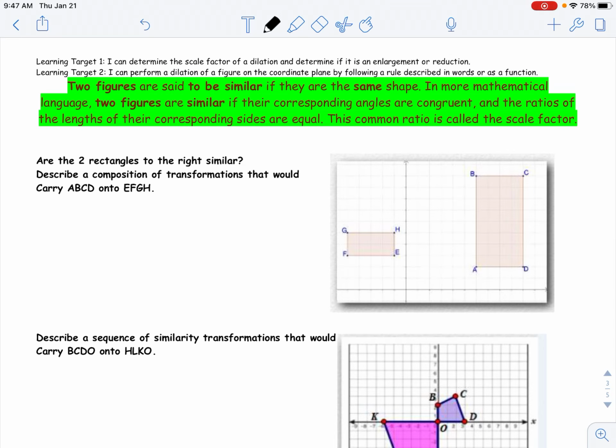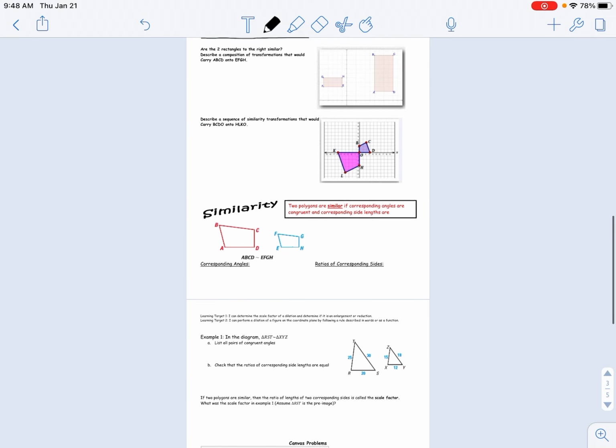Two figures are said to be similar if they are the same shape. In more mathematical language, two figures are similar if their corresponding angles are congruent. That's a huge thing. Angles are congruent, and ratios of lengths of corresponding sides are equal. So ratios equal, angles congruent. What does that mean? That's what we're really going to dive into moving forward. And not to make this video too long, we'll knock out the rest of these notes